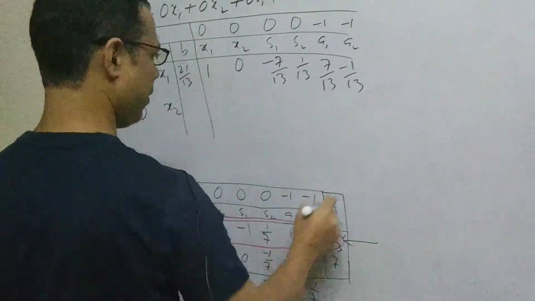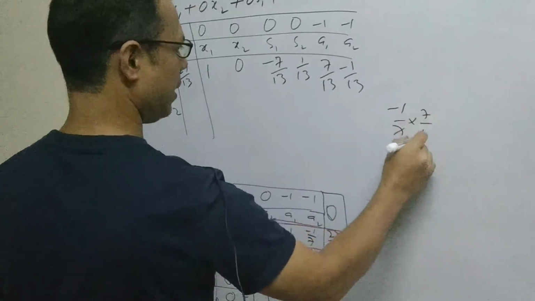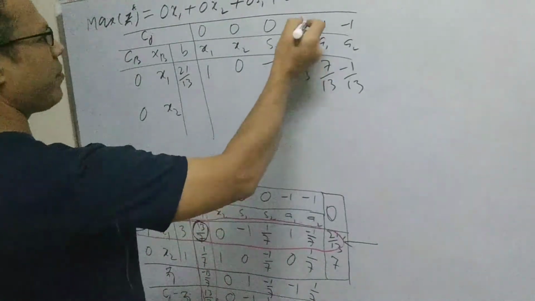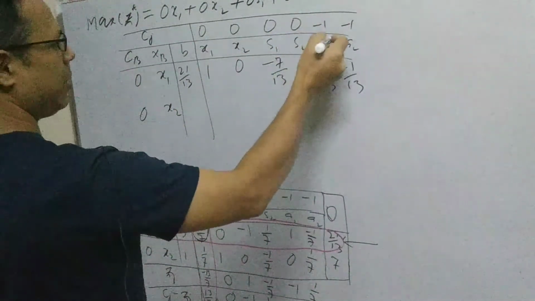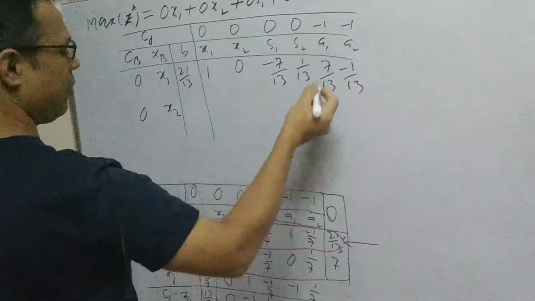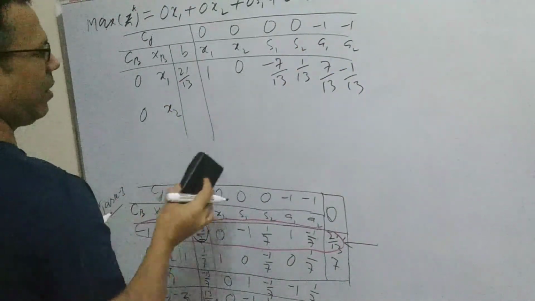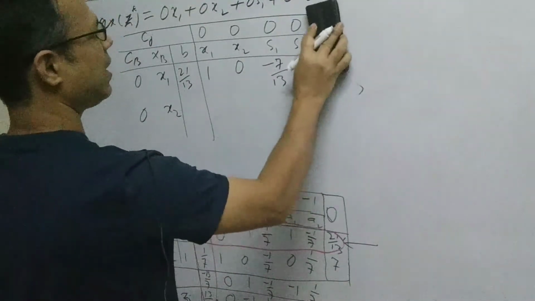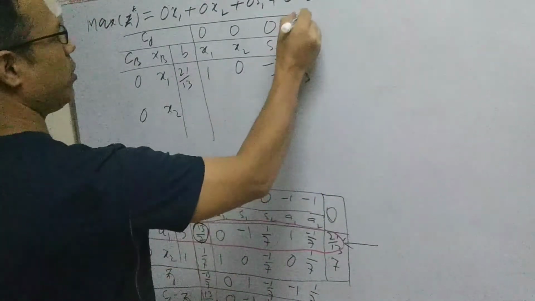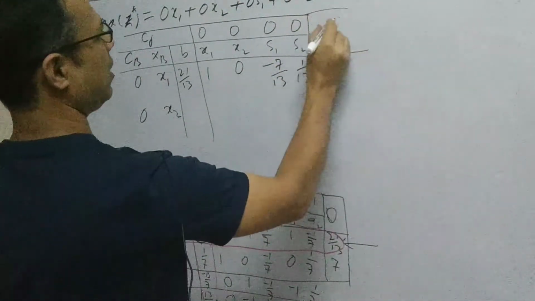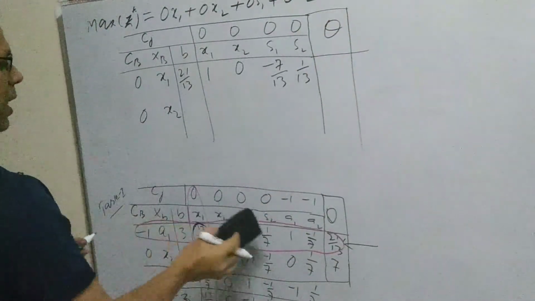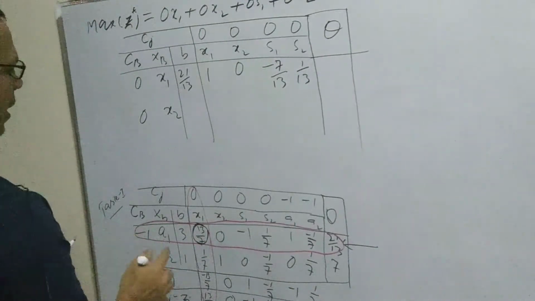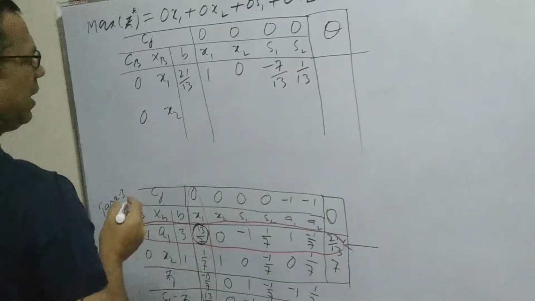If you divide this value minus 1 by 7, then 7 by 13, it will get reversed, minus 7 by 13. And in this stage, because x1 and x2 have already entered the basis, there is no need to go for this calculation, because a1 and a2 have already left the basis. There is no use, so I am going to remove it here, because it is just extra calculation and would take more time. So we will erase it and go for the further solution, because a1 and a2 have left the basis and x1 and x2 have entered it. This will save our time.